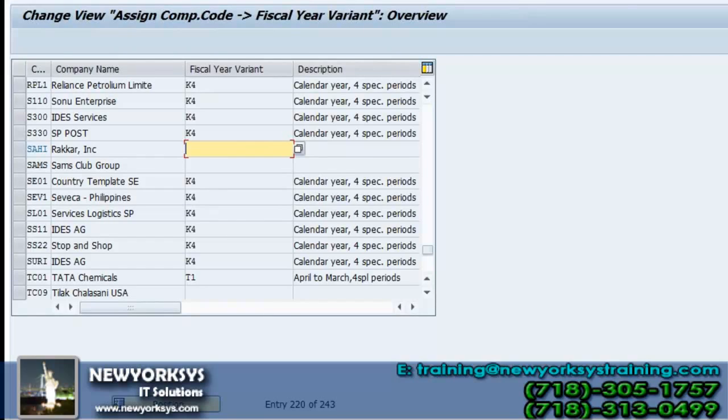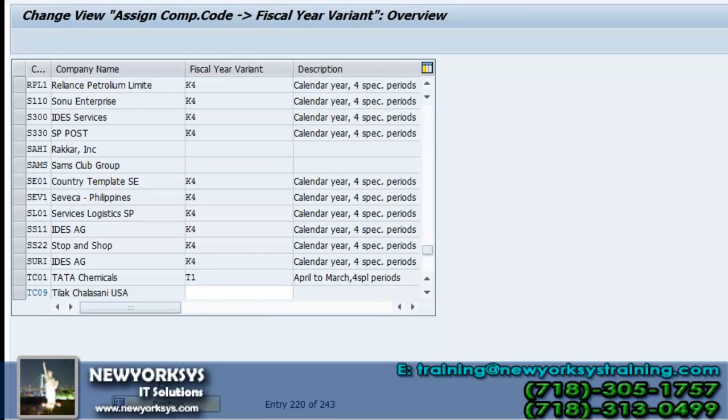It doesn't make any difference to the customization step, whether it is an error message, an information message, or a warning message. Any message with a red icon is an error message. So here I get an information message. It's saying no posting is possible without fiscal year for this variant. Just ignore this. Hit enter.